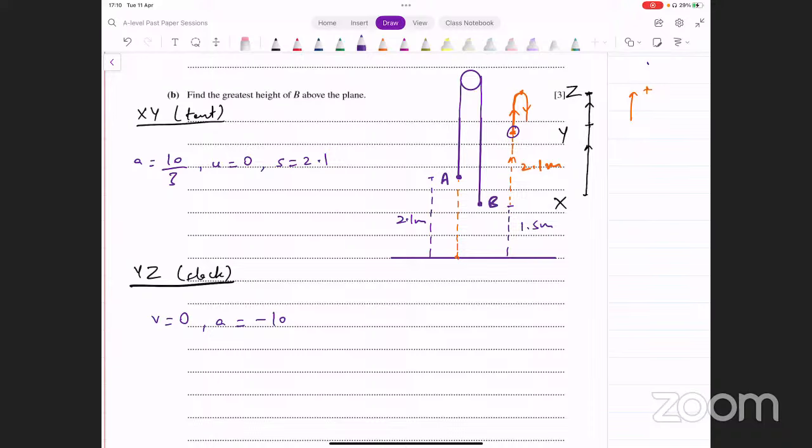Do we know the time taken? Do we know the displacement? नहीं, हमें displacement तो actually figure out करनी है। अब देखिए हमारे पास दो चीजें हैं सिर्फ, इससे हम डिस्प्लेसमेंट नहीं निकाल सकते unless we know one of the two other things that are left। या तो हमें इस पार्ट का टाइम चाहिए, या हमें इनिशियल वेलोसिटी चाहिए y के ऊपर। हम y के ऊपर वेलोसिटी निकाल सकते हैं फ्रॉम द एक्स वाई पार्ट ऑफ द जर्नी।